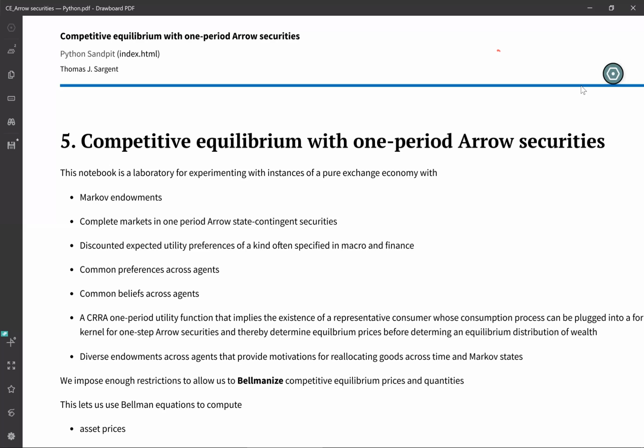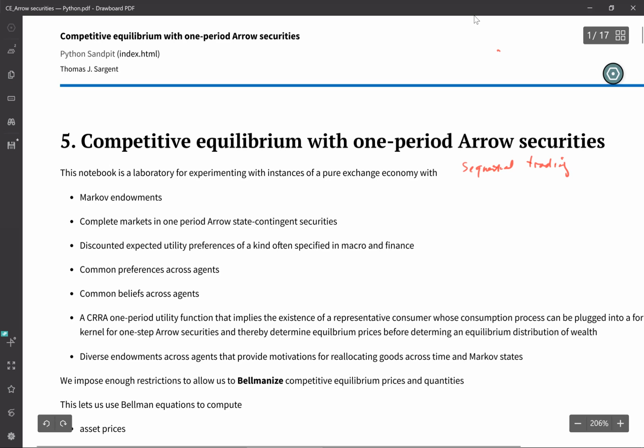Hi. So we're going to continue our discussion of competitive equilibria with one period Arrow securities trading, sequential trading. So we're going to have sequential trading as we've done before. So there's going to be frequent trading of a small number of commodities rather than once and for all time zero trading of very many commodities, as we did with time zero trading with Arrow-Debreu